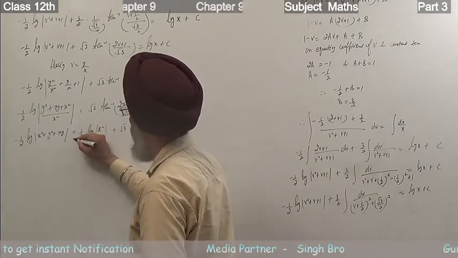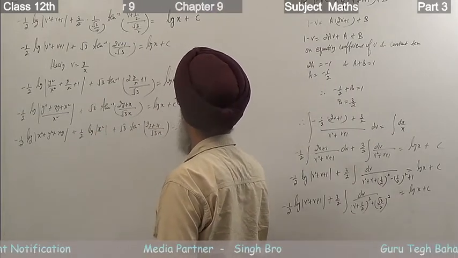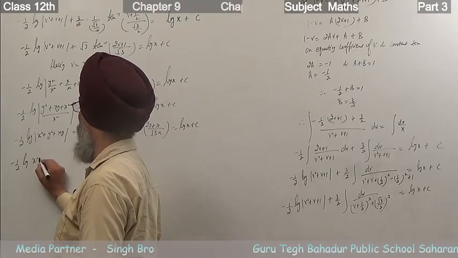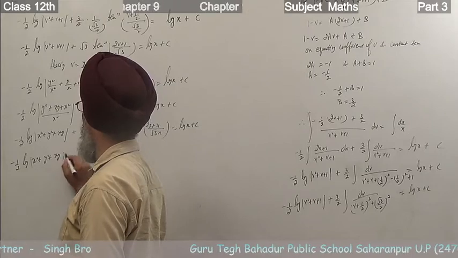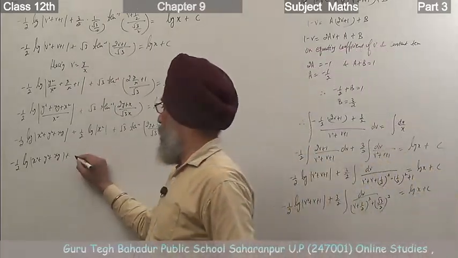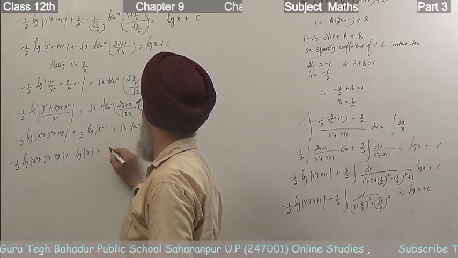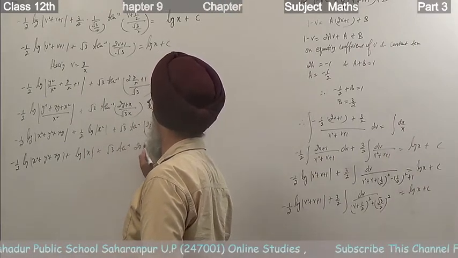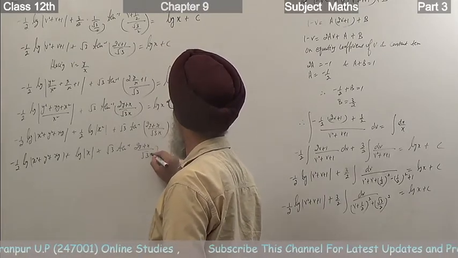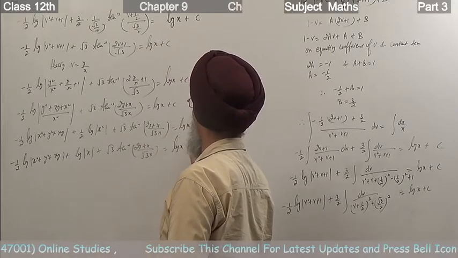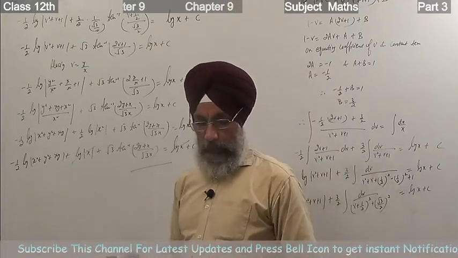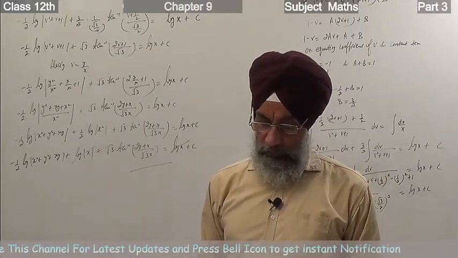Which becomes plus here: log x plus c, minus half log of (x square plus y square plus xy). Half log m to the power n gives you half n log m, so it becomes only log x here, plus root 3 tan inverse (2y plus x) upon root 3 x, equals log x plus c. Cancelling log x from both sides, that's the required solution of it. Okay? In this way you can do the differential equation.